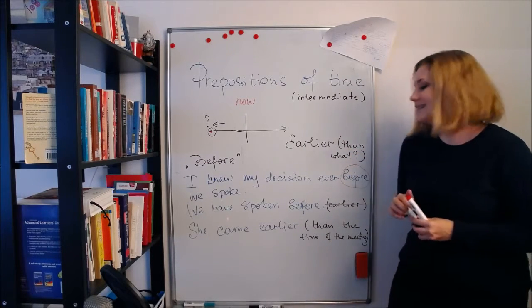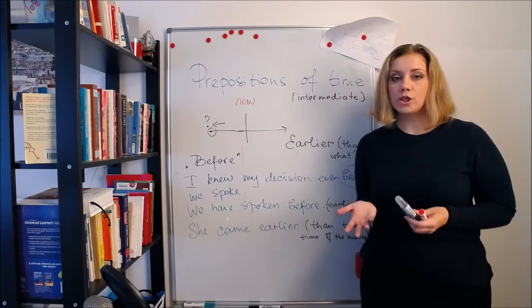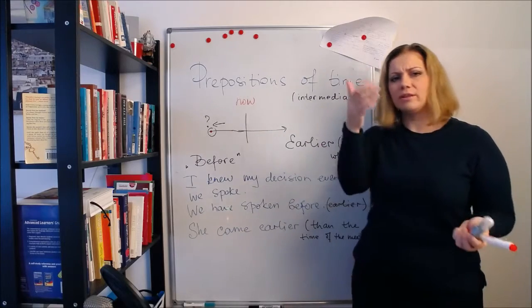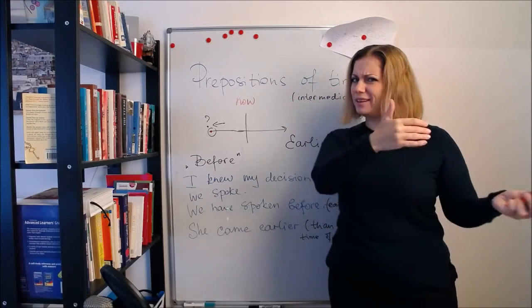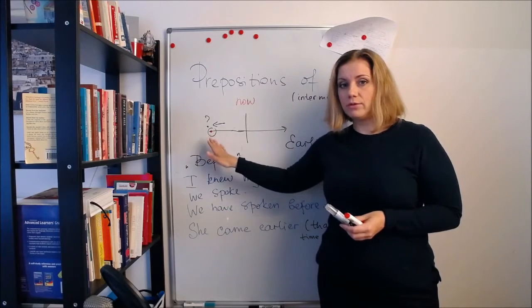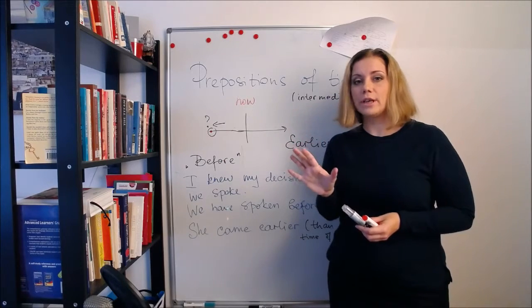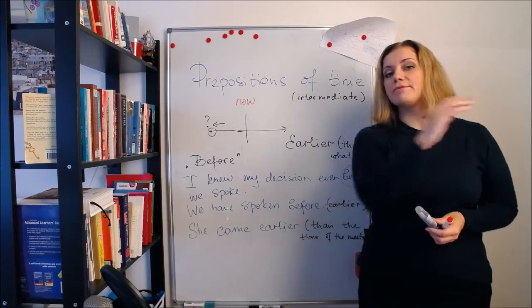So you can't say "we have spoken earlier." It sounds strange in English because I'm like, earlier than what? Okay, so when you don't give the point of time, you just state some past action, making reference in some